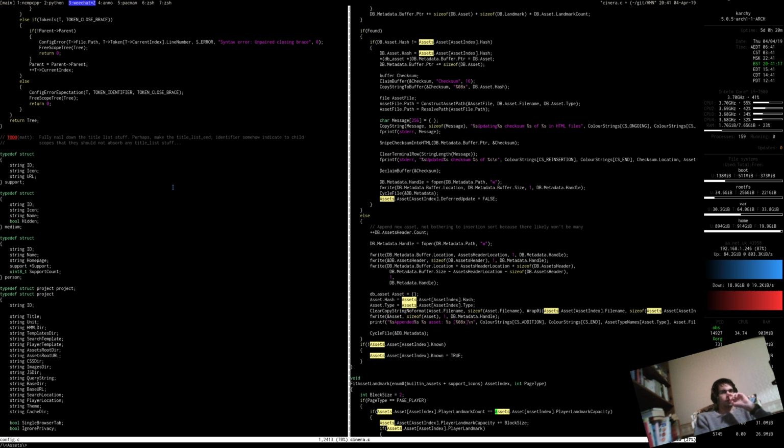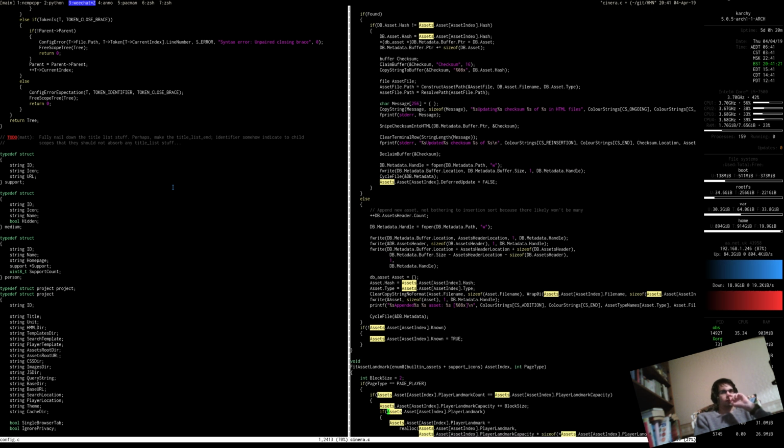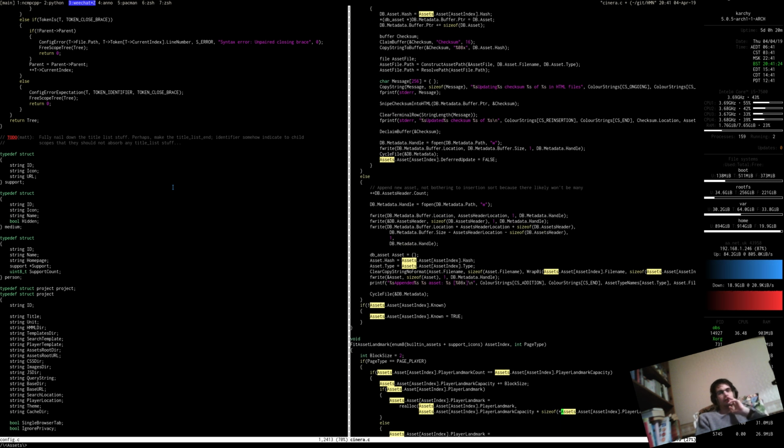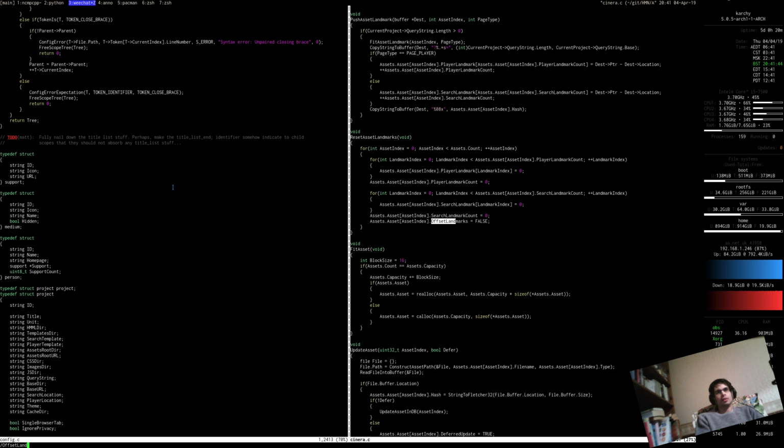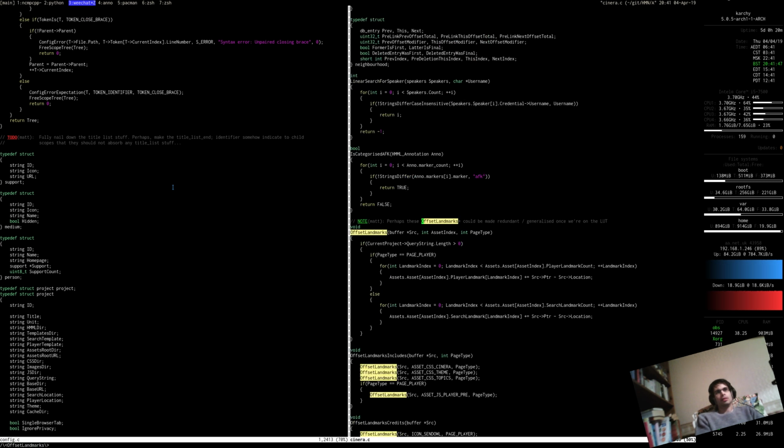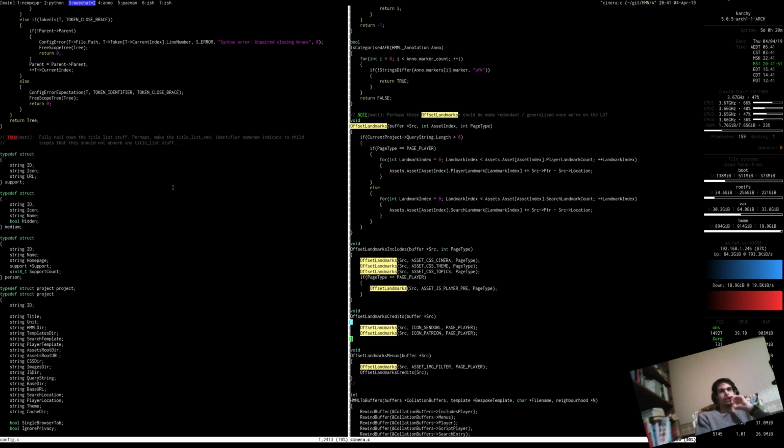Because you want to be, do you need to be disambiguating between things that will appear in the menus? Things that are going to appear in the credentials menu. I think that's the crux of it, isn't it? It's like those offset, it's these dudes here, offset landmarks credits. We're basically here assuming these things. So I think the assets